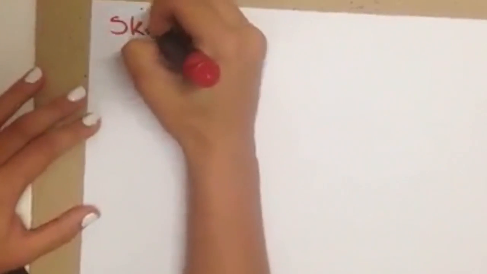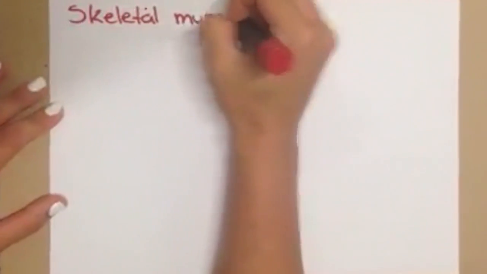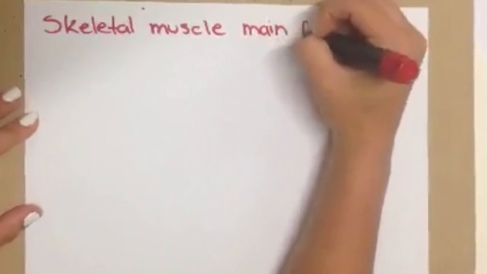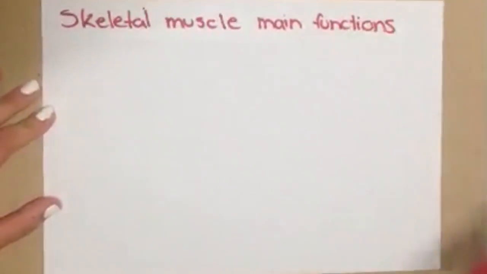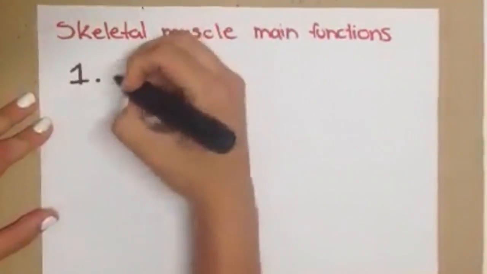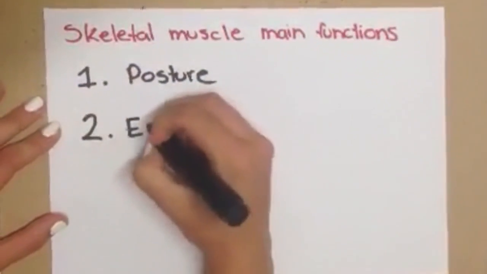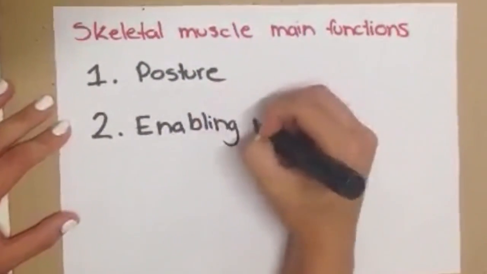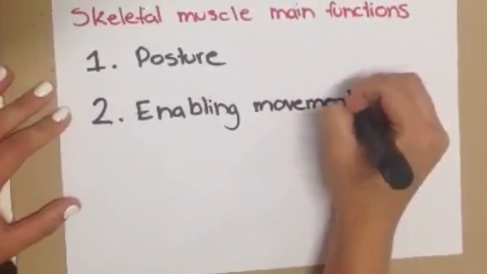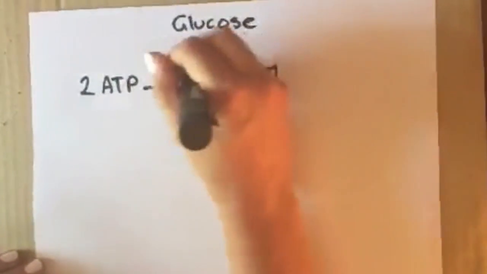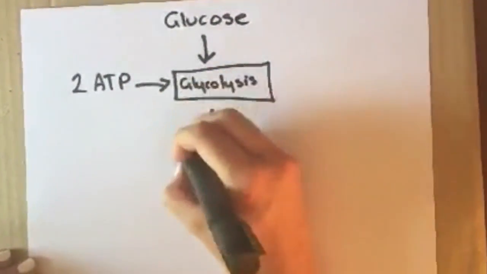Mammalian skeletal muscle has two main functions. 1. Maintaining posture, which requires prolonged low-level activation. 2. Enabling movement, which can vary in intensity from endurance activities such as walking to explosive ones like sprinting and jumping. For our bodies to be most efficient and effective in each of these functions, our muscles have adapted to